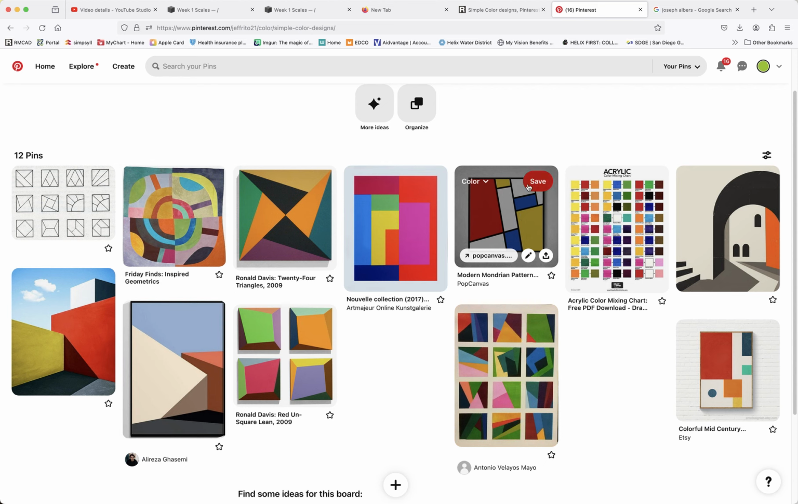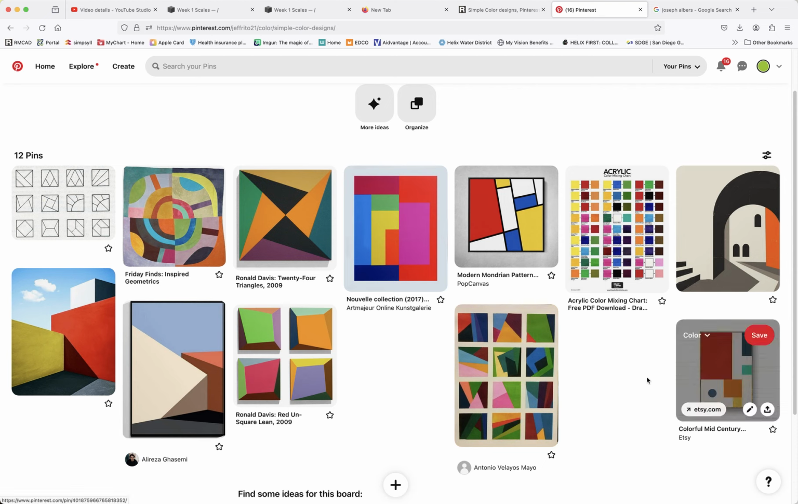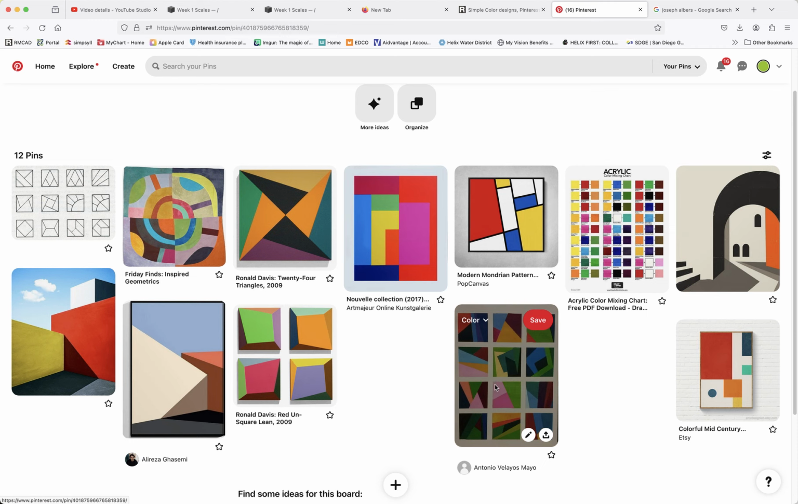You can look at Mondrian. We don't want representationalism. We don't want any birds, flowers, trees, hearts, words. You can think about colorful mid-century. Look at something like that, circles and squares. Personally, I'm drawn to this one, Antonio Velayos Mayo. And